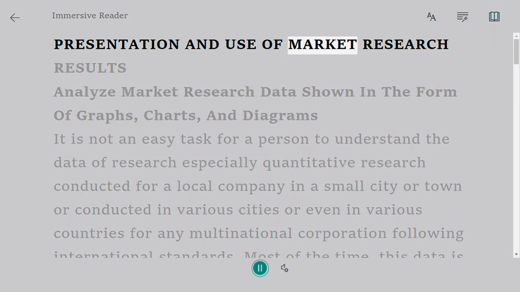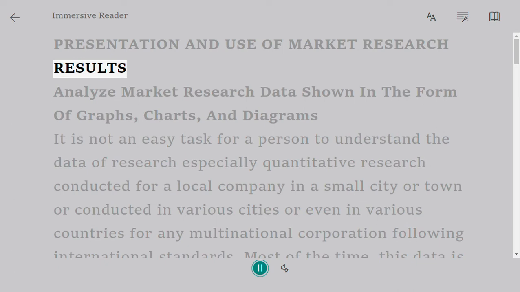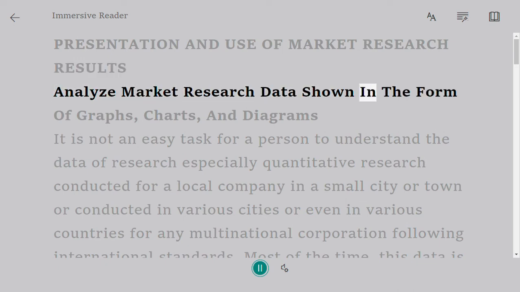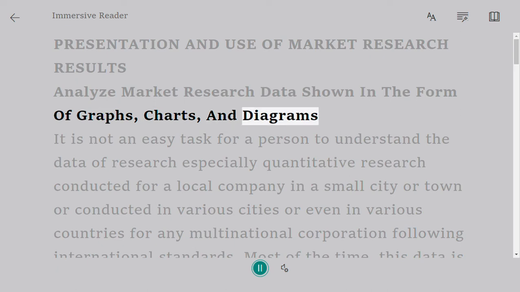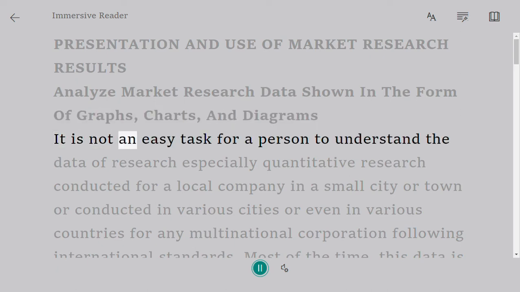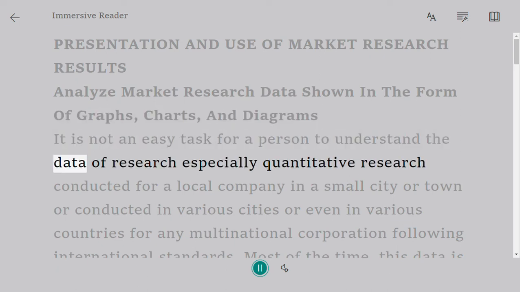Presentation and use of market research results. Analyze market research data shown in the form of graphs, charts, and diagrams. It is not an easy task for a person to understand the data of research, especially quantitative research, conducted for